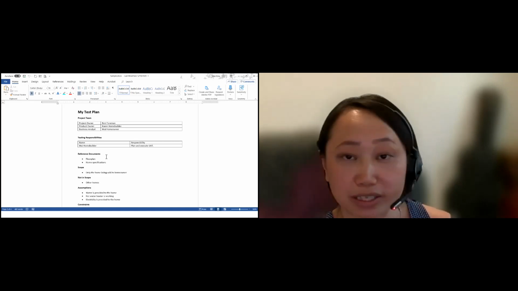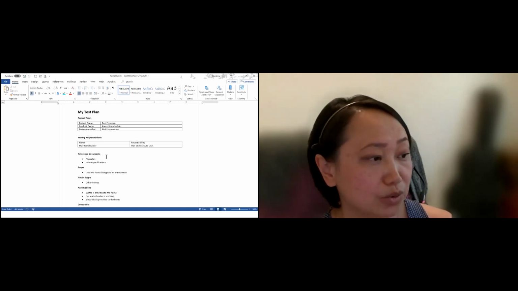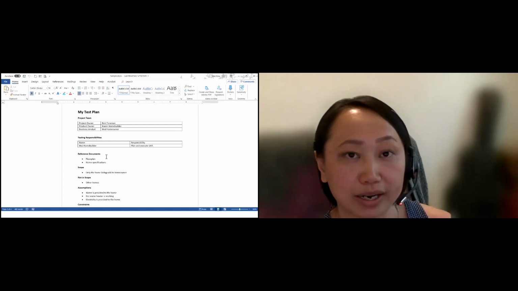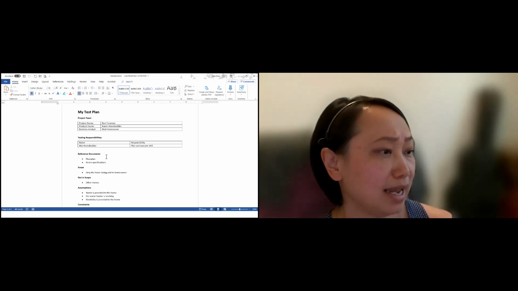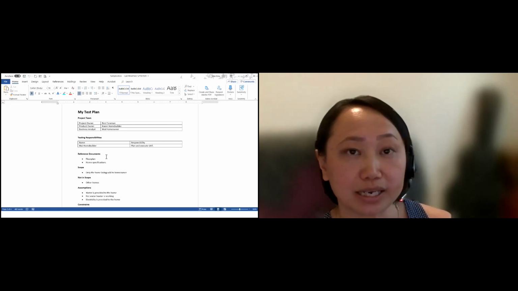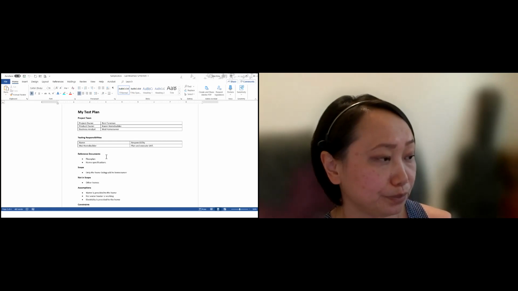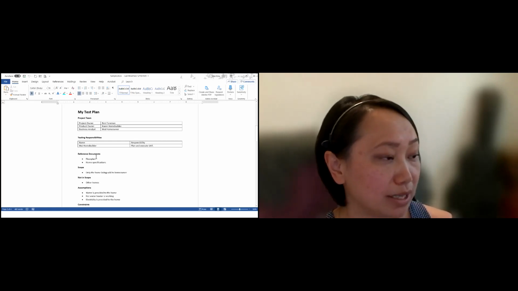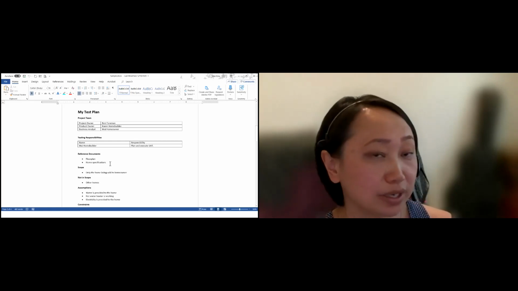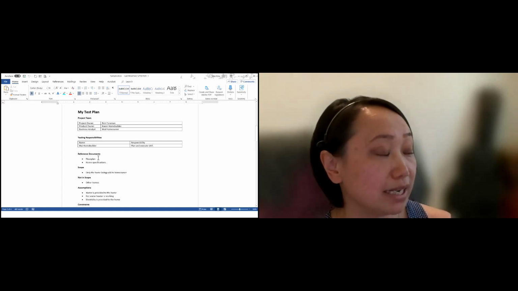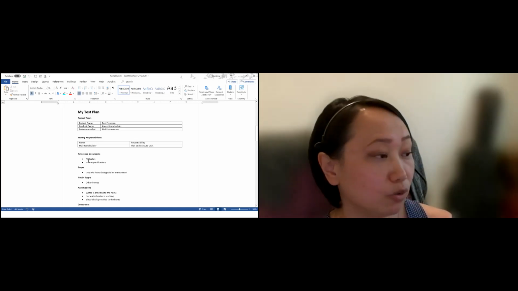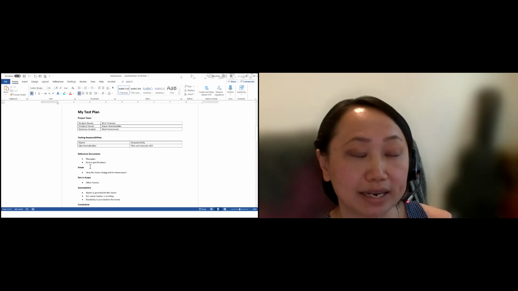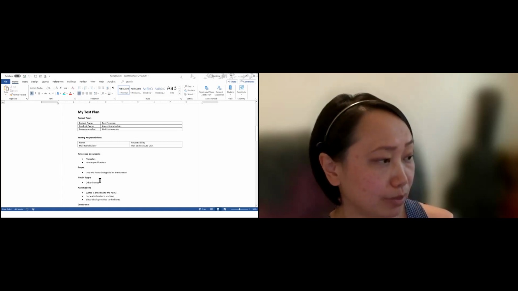And then there's testing responsibilities. For this one, the hat that I'm wearing is full ownership. I own the entire UAT, so my responsibility is to plan and execute UAT. And of course, there are reference documents. If you have requirements, you can link to them here so you can go back and reference them if needed. In my case, since I'm building a house, my reference documents would be the floor plan and any home specs that I got from the builder.